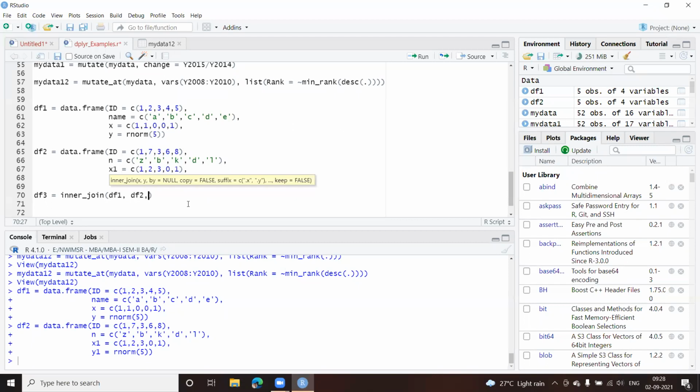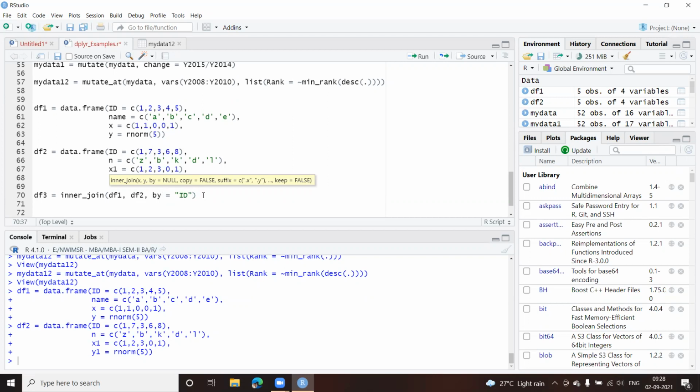And I want to do the matching or searching using a particular key. That key will come in by. So I have to give by equal to what? Because I have kept ID as the primary key in my case, I'll give ID here. It is capital ID. So when I give ID, please see that it is enclosed in double quotes.